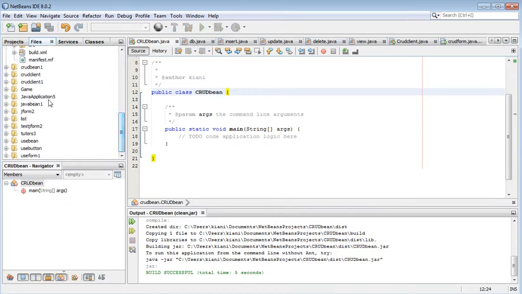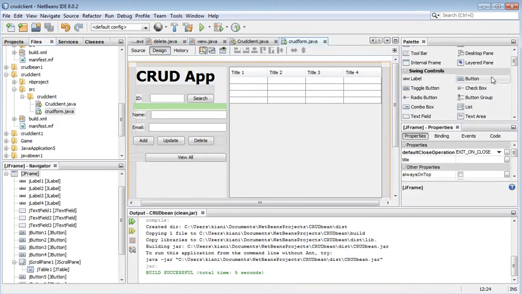Now we open the crude client, and we open the crude client and we open crude form, and here we add the jar file.